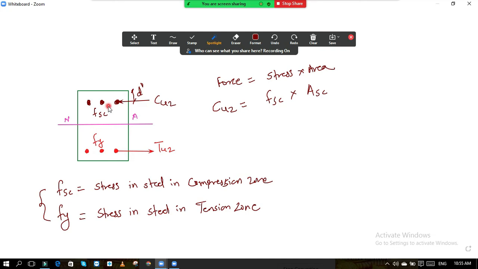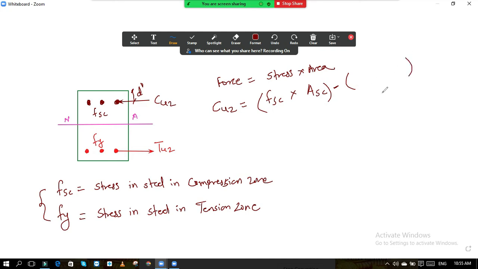ओके, कारण तेवढं कॉन्क्रीट आपण रिमूव्ह करतोय, तेवढी जागा तुम्हाला सोडावं लागणार ना बार टाकायसाठी, म्हणजे तेवढ्या जागेत कॉन्क्रीट नसणार आहे. ओके, मग कॉन्क्रीटचा जर तुम्हाला फोर्स मायनस करायचा असेल, if you want to minus the force of the concrete, then what you will do? अगेन द सेम थिंग, फोर्स इज इक्वल टू व्हॉट इज द फॉर्म्युला?